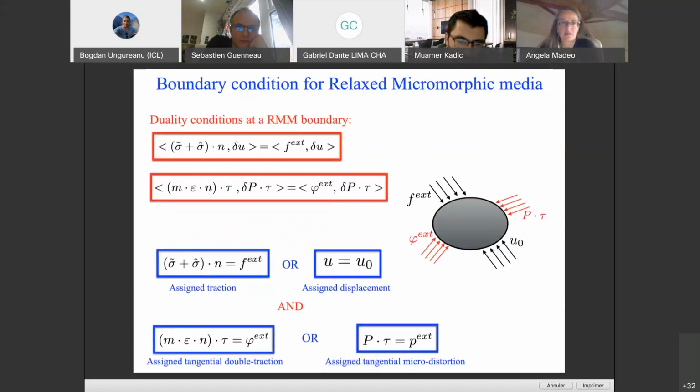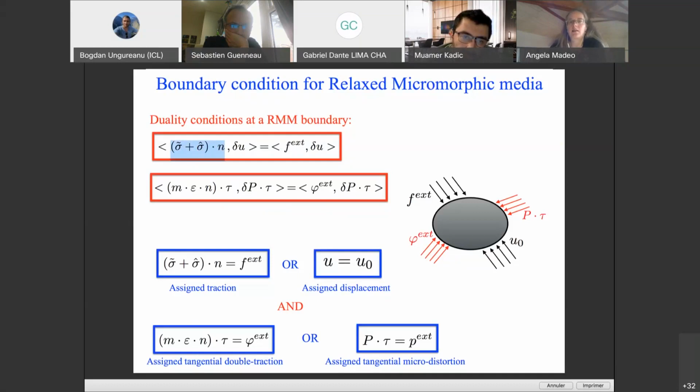The point is, our variational approach allows us now to say how we can act on a micromorphic body from the exterior. So if we take our continuum and now think of it as micromorphic, we can act as before with forces on the boundary, okay, which are balanced now by this quantity, which is the generalized traction. So we have this generalized Cauchy stress applied to the normal.